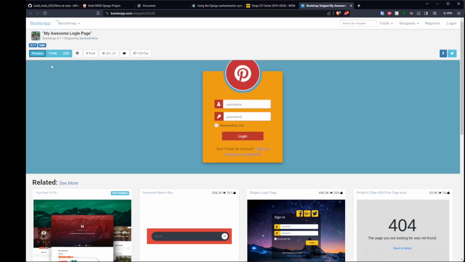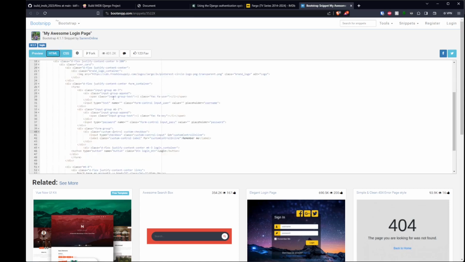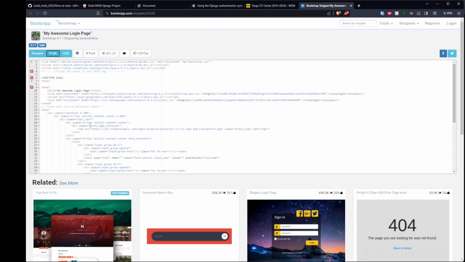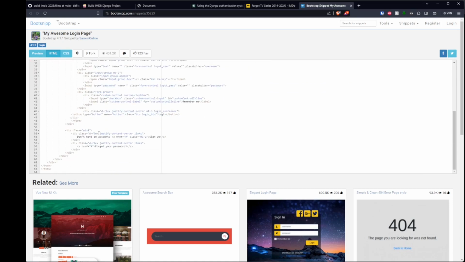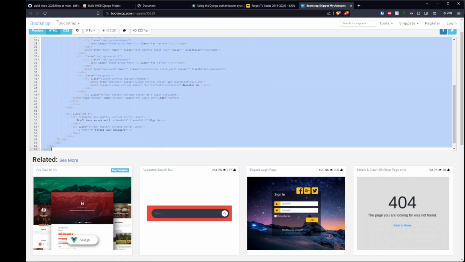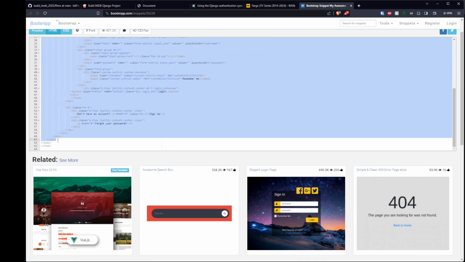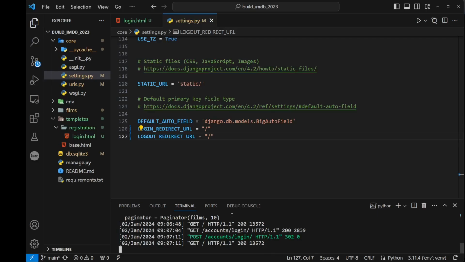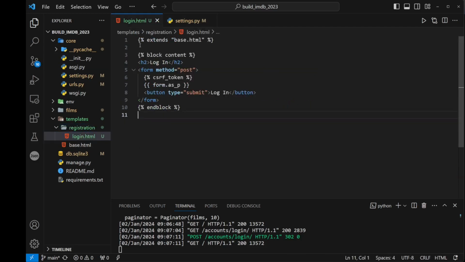So to start off, let's go back to our HTML page and let's dress it up a bit, right? I'm going to take from here, where we have the body, this is where I want to start, where it says container. And we want to go to this closing div here. So let's copy down. We'll take that and we'll paste that into our templates, registration, login. I'm going to paste it